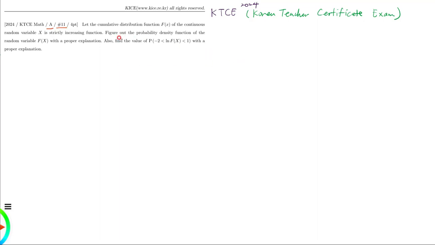This is about a random variable, and it is related to figuring out its probability density and its occurrence probability. The first point of this problem is the relation